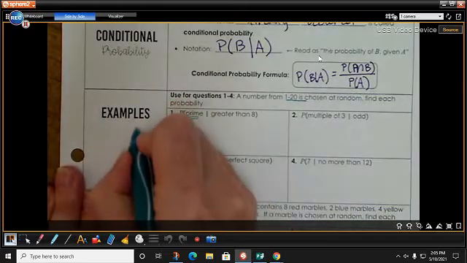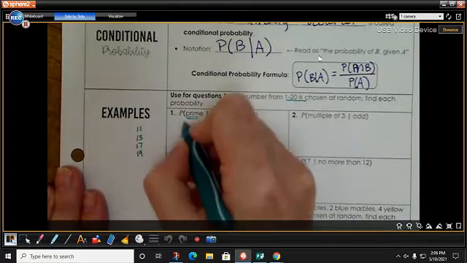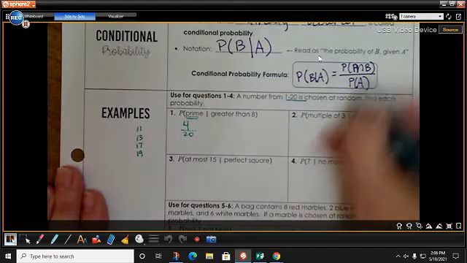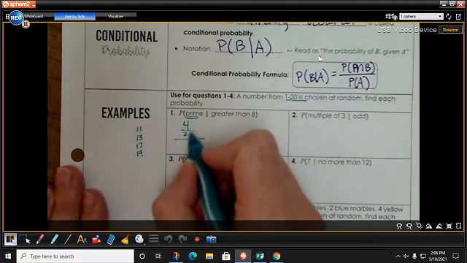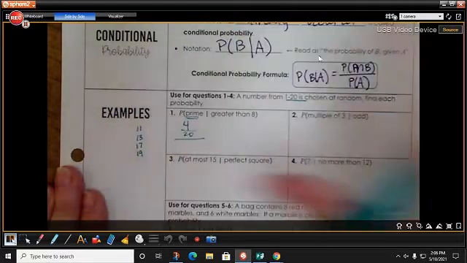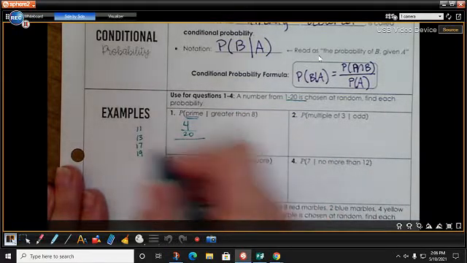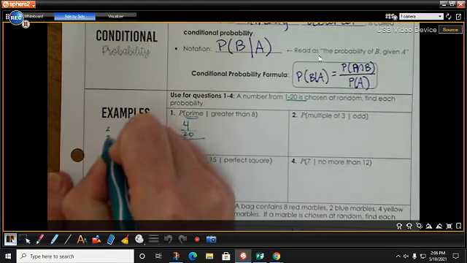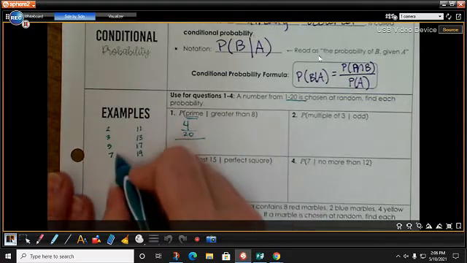I think, okay, what are some primes bigger than 8? I have 11, 13, 17, and 19. So there are 4 primes greater than 8 out of 20 numbers. That's my probability of A and B both being real. Well, I'm trying to find the probability of this prime number being bigger than 8 out of the total probability, so that's going to be out of the probability of having prime numbers. Well, the total number of prime numbers is going to include 2, 3, 5, and 7, which is going to be,